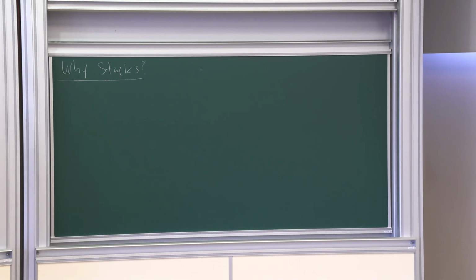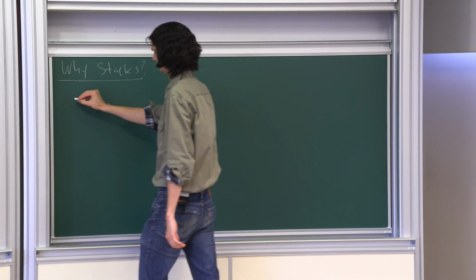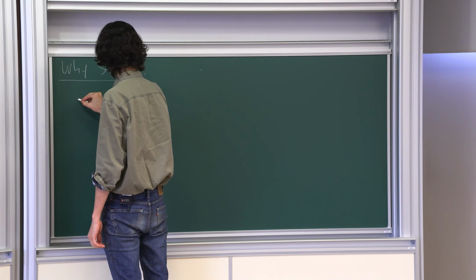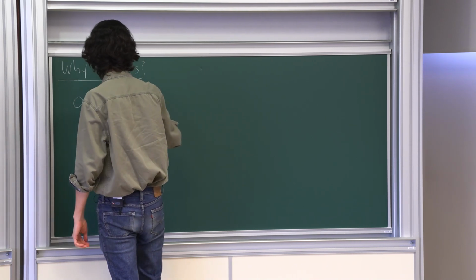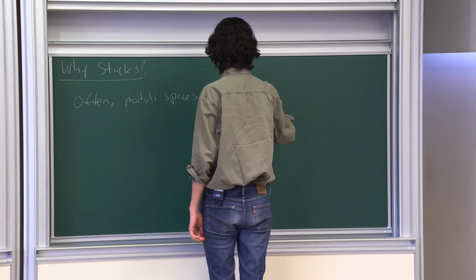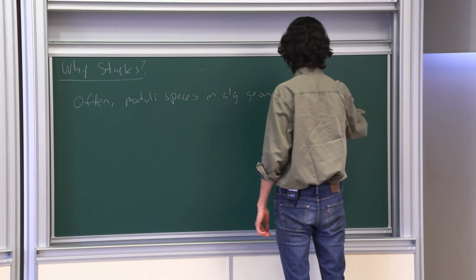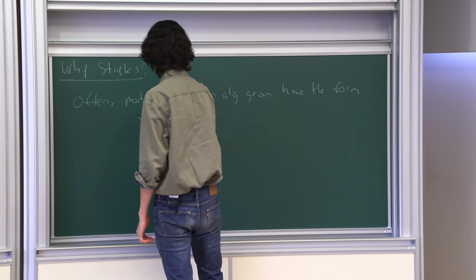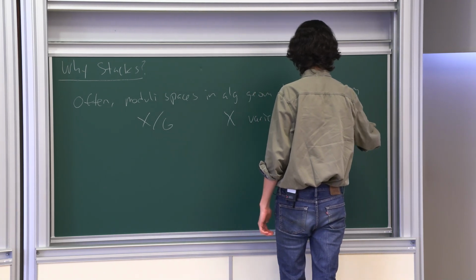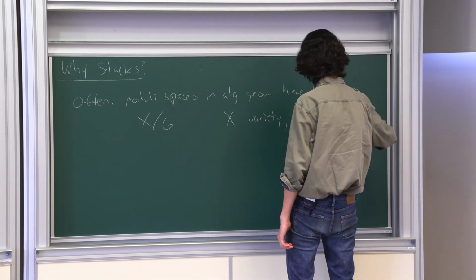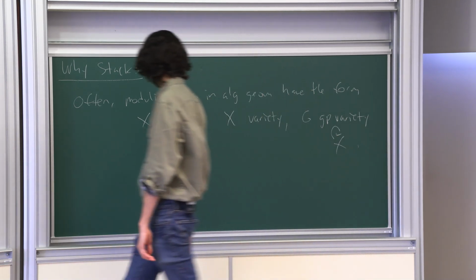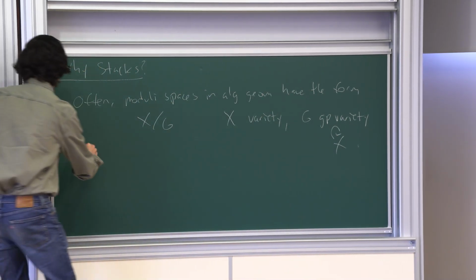So, why stacks? Often moduli spaces in algebraic geometry have the form X mod G, where X is a variety and G is a group variety, say, or scheme, acting on X. So there's some quotient of some variety by some group of automorphisms. So for example,